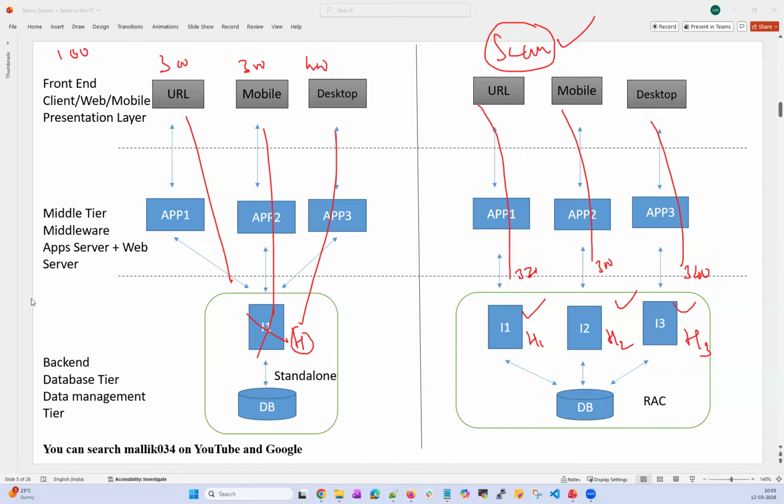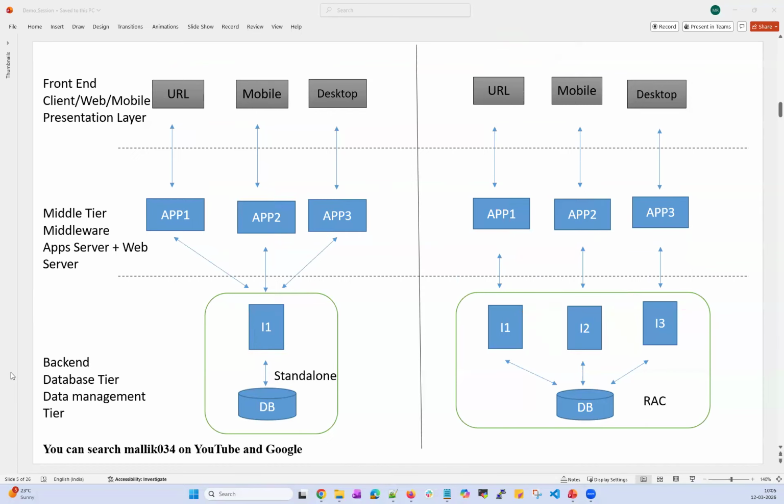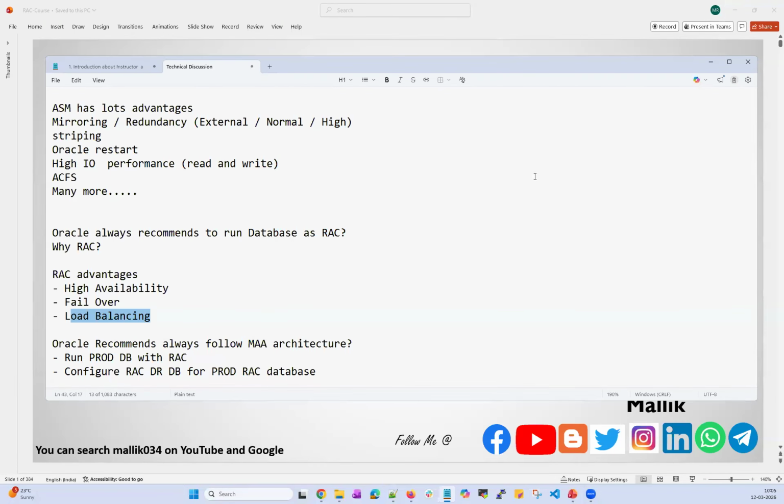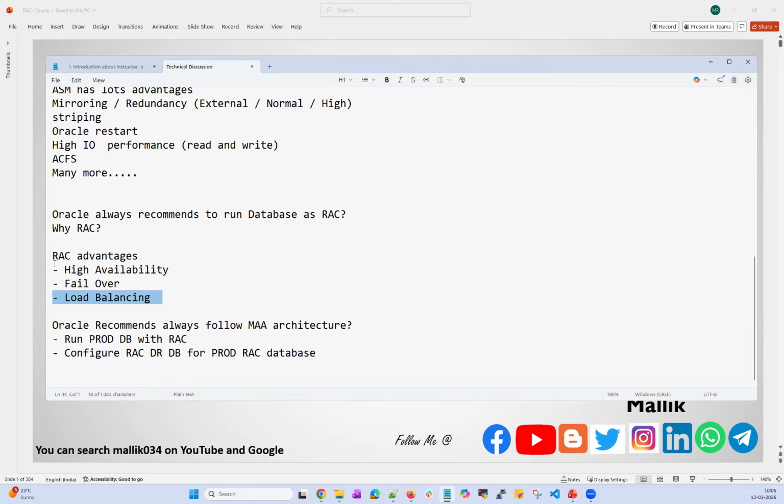That's another privilege. The end user connections, end client connections, may be 1,000, 2,000, 3,000, 4,000, it doesn't matter. We have the SCAN concept, which we are going to cover in our regular classes. SCAN is capable of handling all those connections and load balancing. Those are the main advantages of RAC. That is why Oracle strongly recommends running your database as a RAC